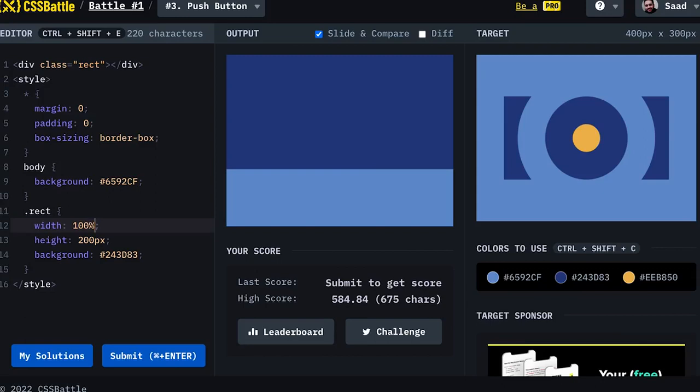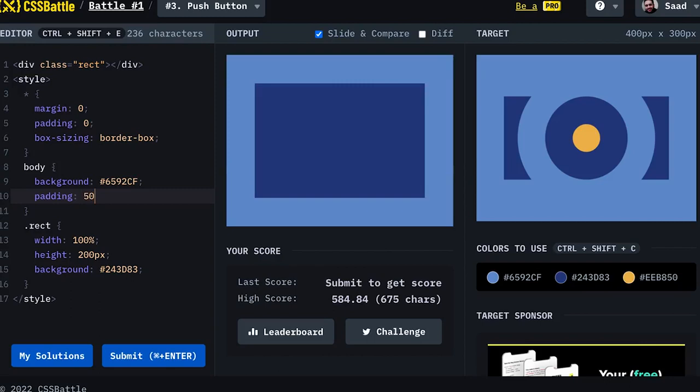Okay, the padding seems to be 50%, 50 pixels. 50 pixels. Height is not 200 pixels. Let's try 150 pixels. Yes. Now